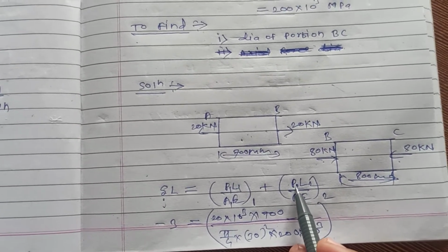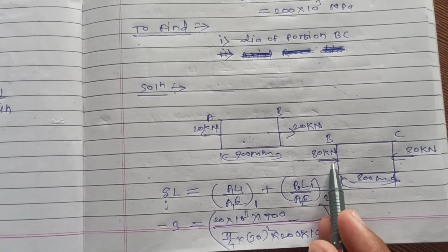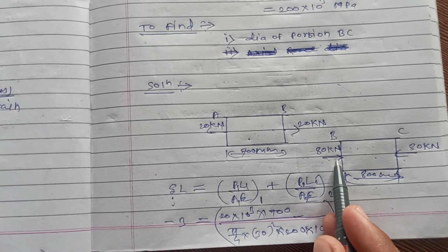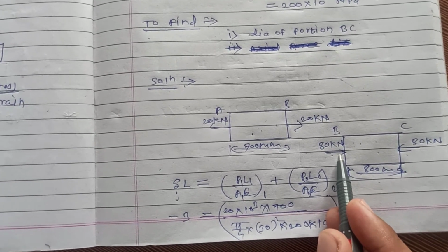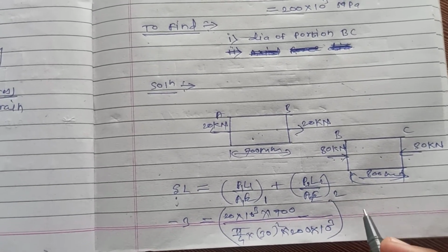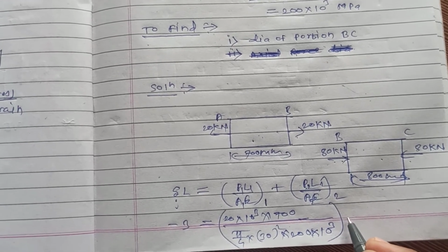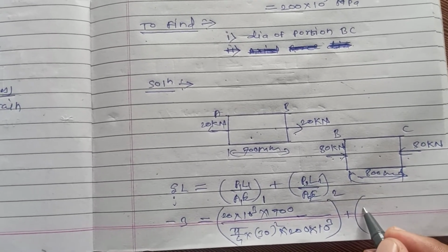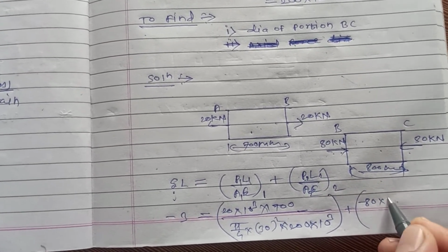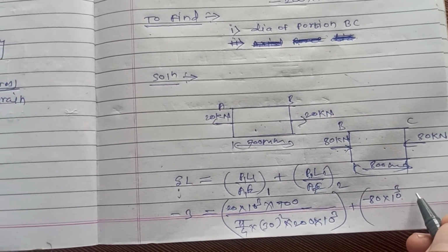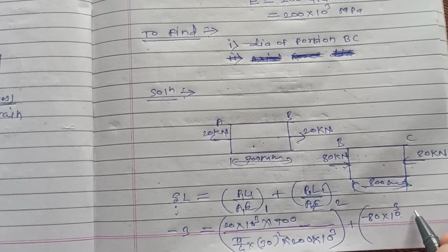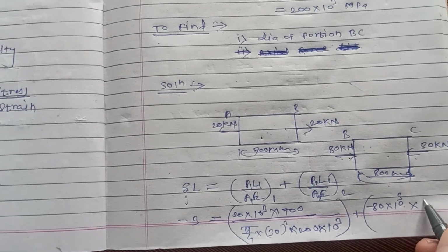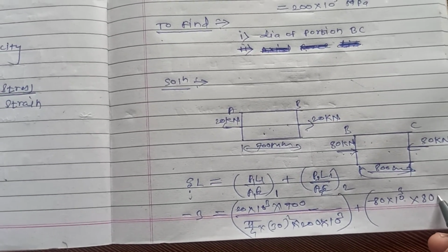Now what is the value of P2? This is a compressive force, so as you know very well, we are taking it as a minus because it is a compressive force. So plus into bracket minus 80 into 10 raised to 3, into L2 is 800